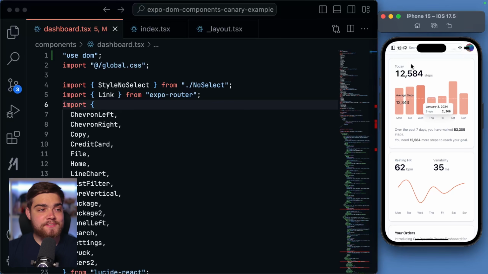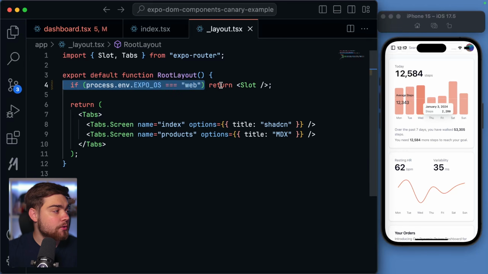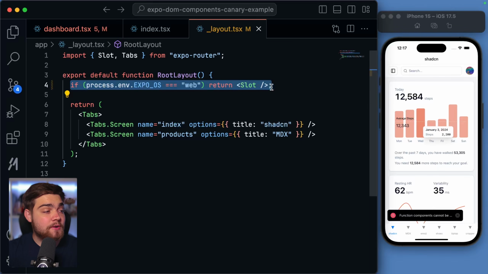Now you may notice this looks a little bit odd still, so we have our header bar hidden behind here, and then we may also want some mobile navigation since we're now on an application. Well, we can add all of this in, so if I go to my layout, I can actually uncomment this line of code here. What this line of code is doing is saying if we're on the web, just return an Expo router slot, so it's just going to return the component as is,